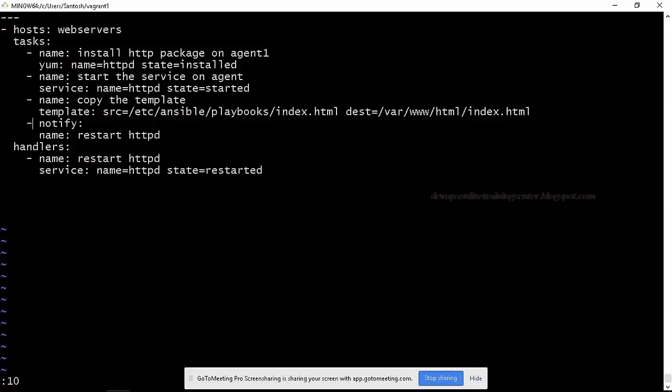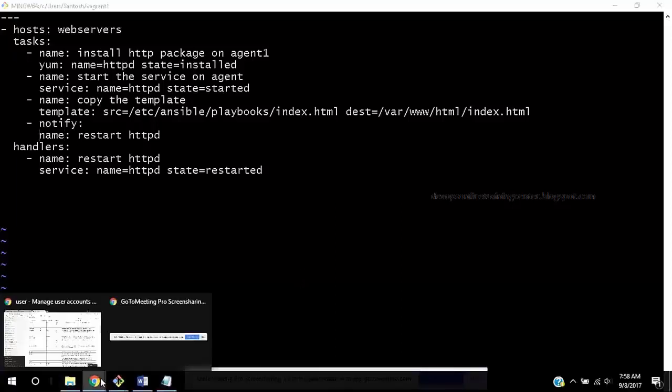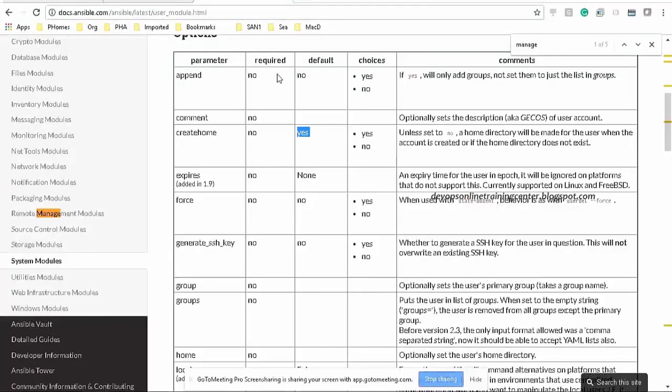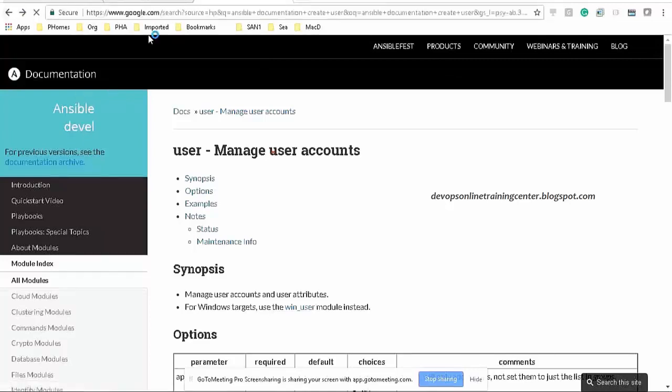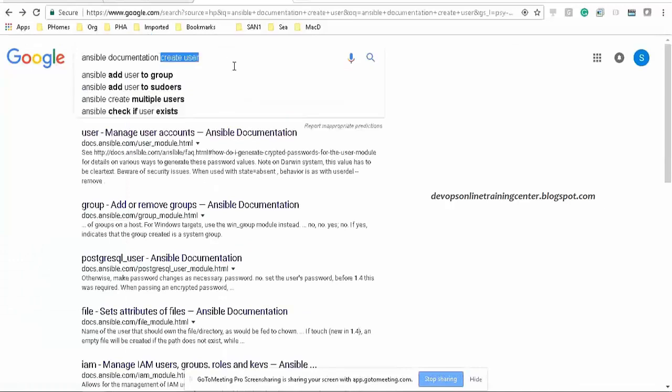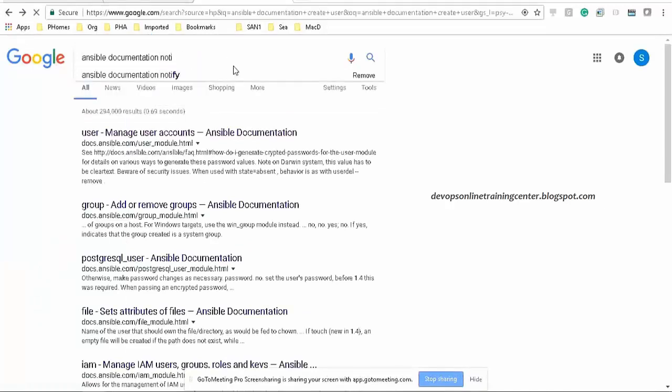So notify is fine. Let me restart HTTPD. Let me check the syntax in the documentation. So for anything and everything, we can just check the Ansible documentation.